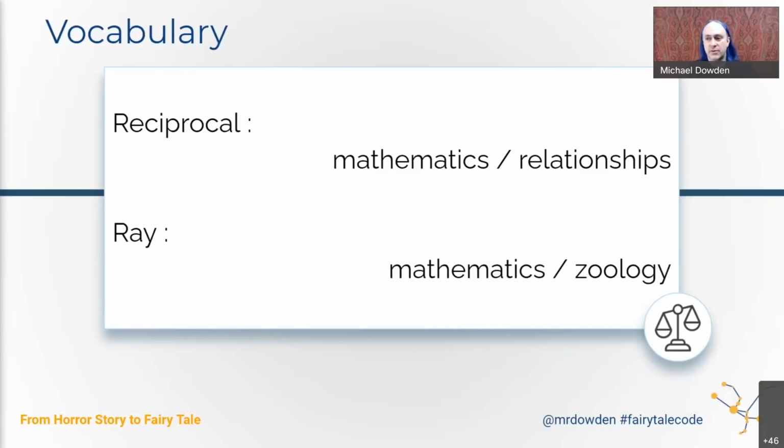So it's important that if we share a common specific vocabulary, if I know, for example, that I'm talking about mathematics, then I can use these words with confidence, knowing that future readers are going to understand this context. But if the context itself is ambiguous, then I need to provide that additional context so that they understand how to process that word in the place that I've used it.